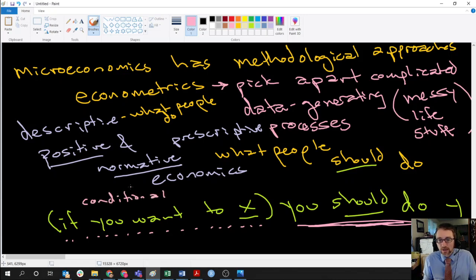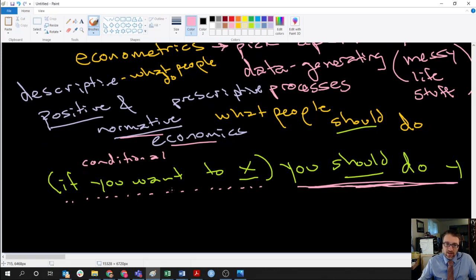They can be loaded, and I want to say normative economics, what people should do, is often loaded, right? It often leads to weird stuff. It's based on the underlying philosophy. Normative economics is based on an underlying philosophy that is often called money metric. Not often called, it often is money metric,